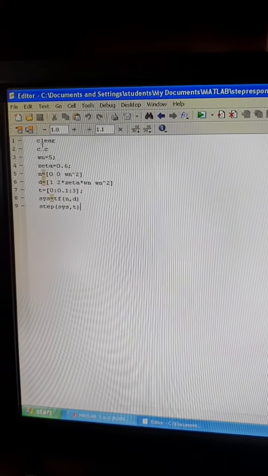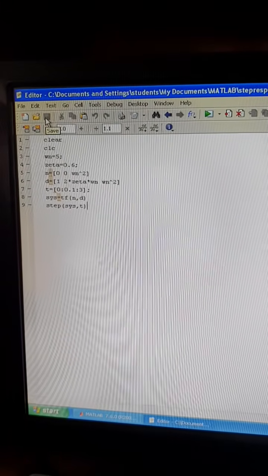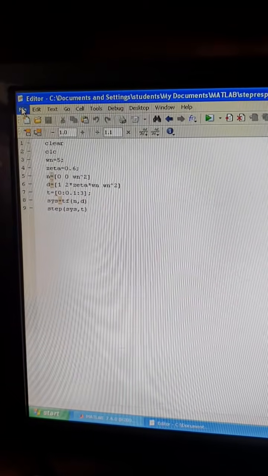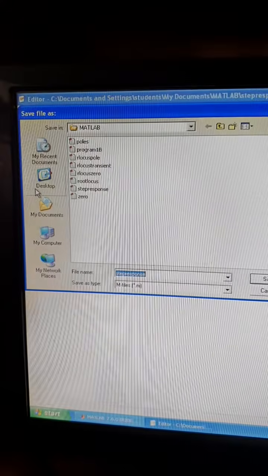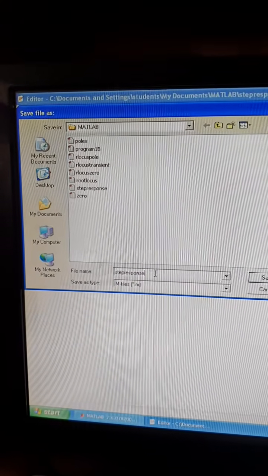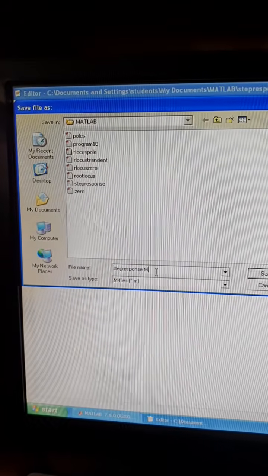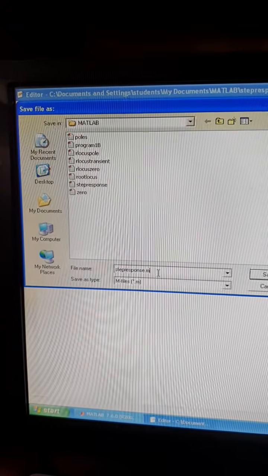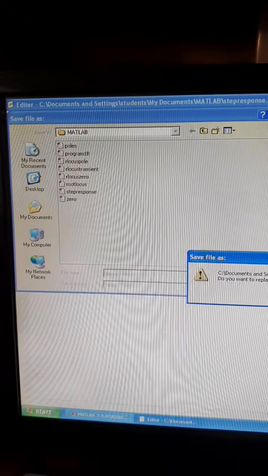Once the program is typed, you need to use this particular icon for saving this program in the system. I'll just show an example here. I already saved this program, go to save as. You can save this with any name without any space, and you have to save it with .m, because this is an M file program. So .m you have to give, then save. Since it is already saved,